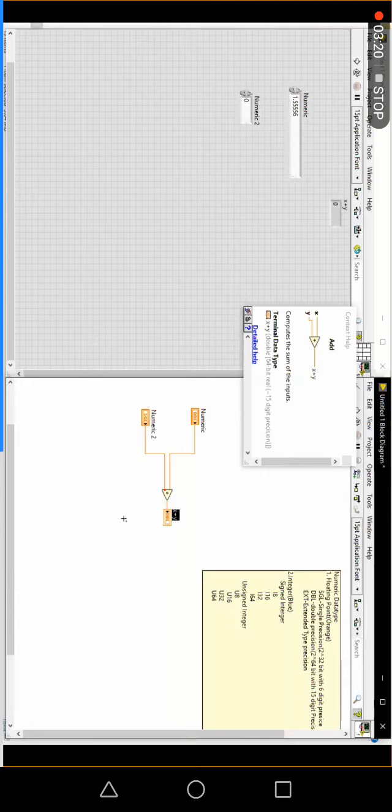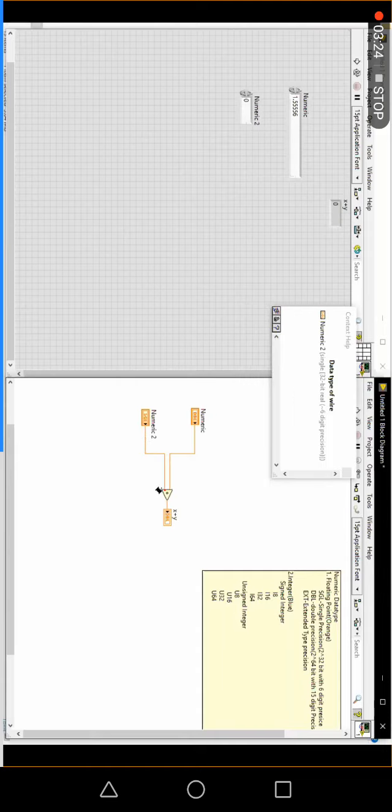Option A will be DBL, double precision floating point, or 64-bit floating point, that is double only. Or you have SGL single precision, I32, U32. Which option will you choose in that particular placement? The answer will be DBL, because the coercion is occurring on the lower memory data type, so of course the output will be the higher memory representation.